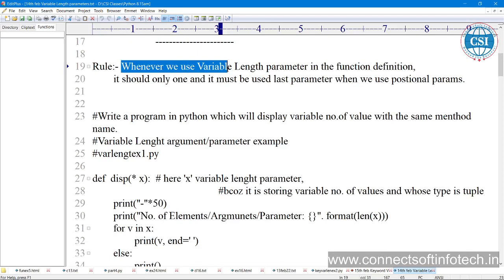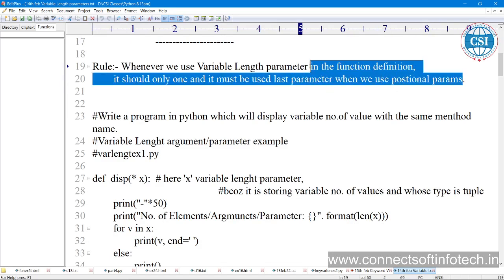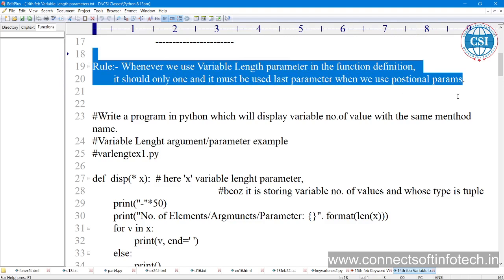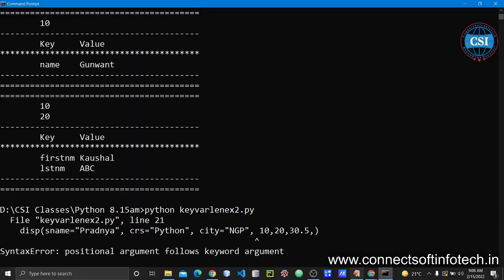Rule. Whenever you use the variable length parameter in the function definition, it should be only one, and it reads the last parameter when we use positional parameters. Okay, it will read only the last parameter as a positional parameter. So we need to write here